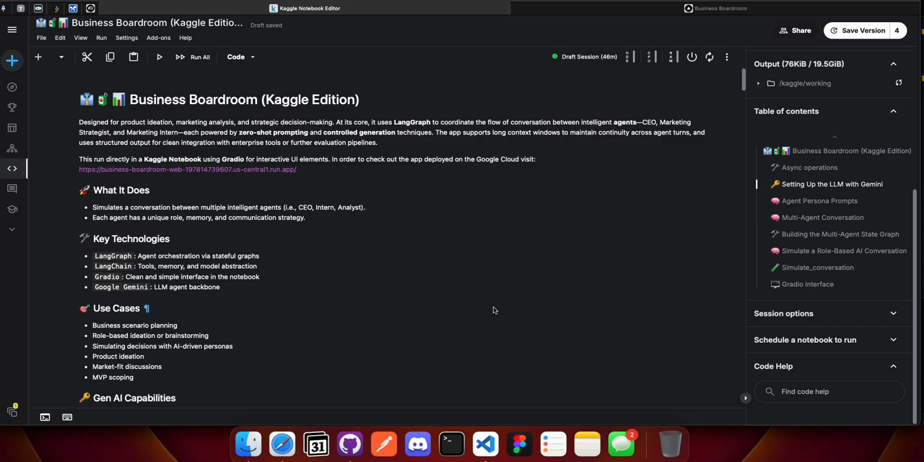It's designed for product ideation, marketing analysis, and strategic decision making. Imagine stepping into a high-stakes boardroom, but instead of people, the seats are filled with AI personas. On one side, a number-driven CEO. Across the table, you can see an intern with their just wild ideas. And in between, there sits a marketing analyst who's trying to keep the balance and analyze every single pro